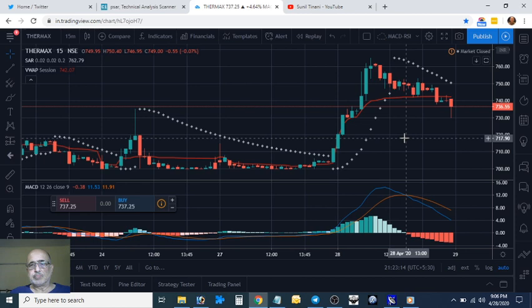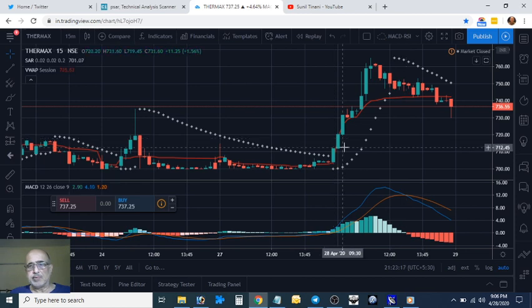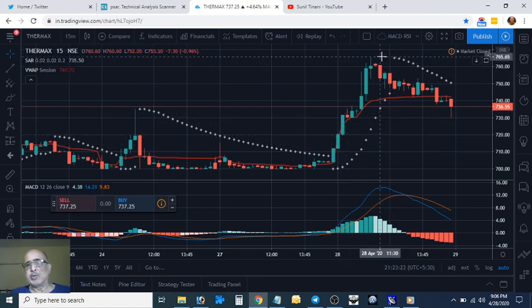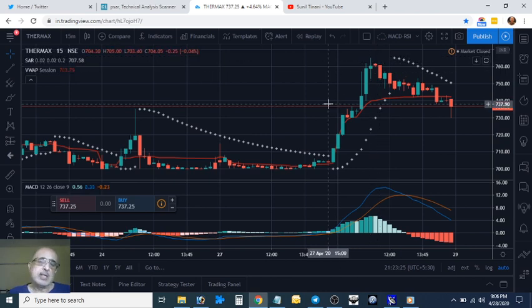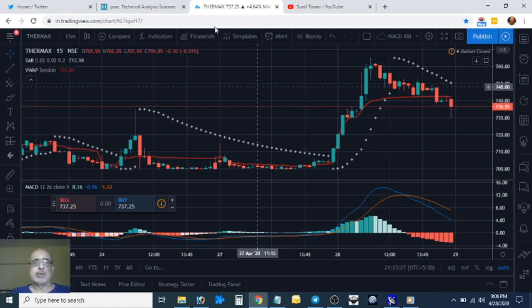Yeah, see, this is the 27th at 3:15. This is today at 9:30. Look, the 9:30 candle crossed the VAP here at 731. It went on to do 766. So, you backtest. I've given you the formula. You backtest it and apply it.